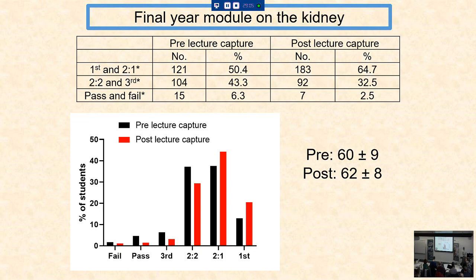So what I hope is that these data from this particular module are showing, well, there could be a positive impact of lecture capture on academic attainment. I'm going to put a little caveat on that and say I have analysed one other module in 2nd year, and I don't see an uplift. So I don't think it's a